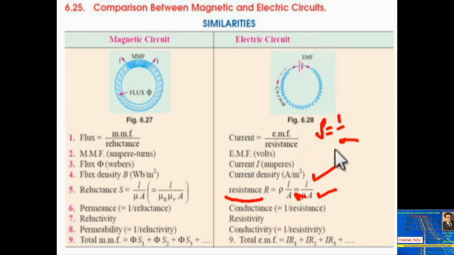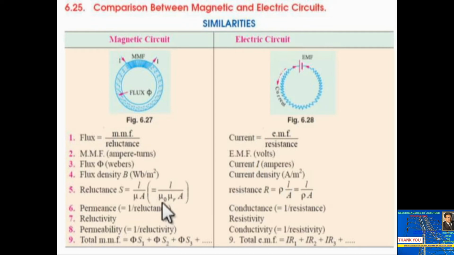Okay, so in case of electric circuit, resistance is equal to rho L upon A, and in case of magnetic circuit you can see here, guys, S is directly proportional to length of the core, cross sectional area of the core, and then 1 upon mu. You can write S equal to L upon mu A, and mu is equal to permeability, and that is equal to mu 0 mu R. Absolute permeability into relative permeability will be there in the formula. So you can see L upon mu 0 mu R into A.